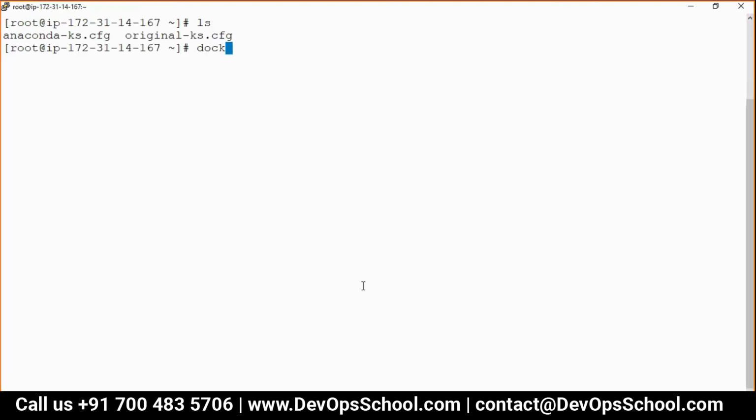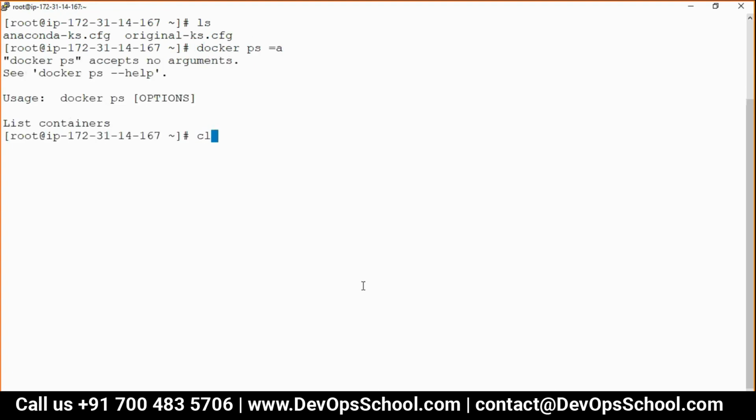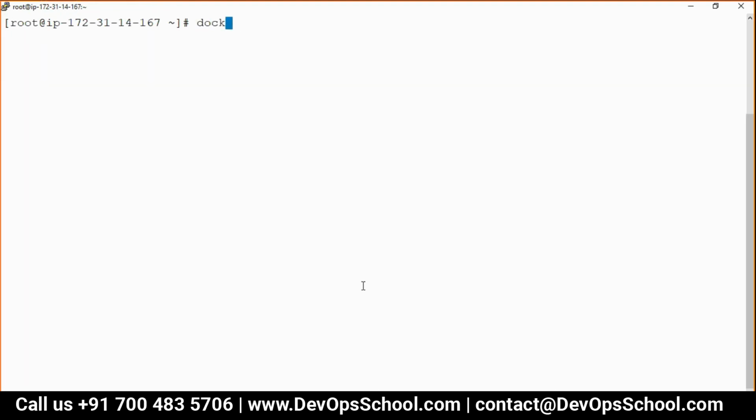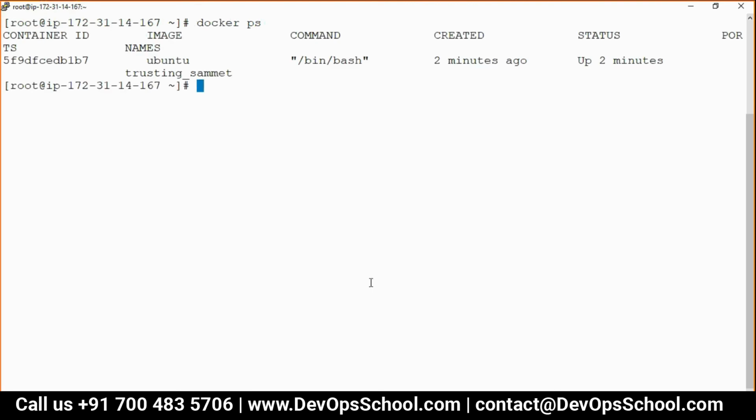Docker, see here. This container has Ubuntu base plus Git plus Apache 2. How do I know? Docker, all the commands you have, you know that. I don't have to teach you.